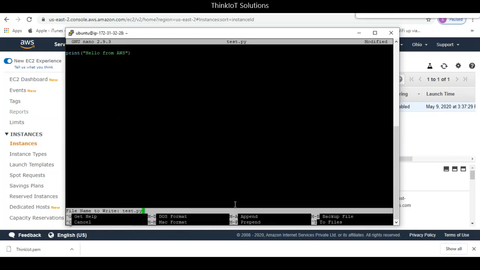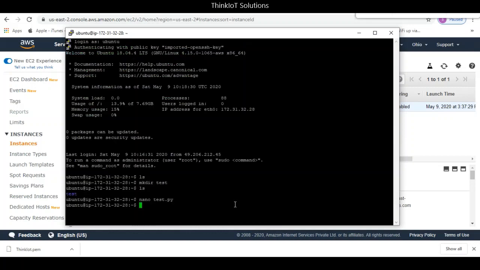Then press Ctrl O, enter, and then Ctrl X to save it. This is how we create a file using nano, an editor that we have. Now you type ls, and you can see that there is a file called test.py. You can execute that file using python space test.py.